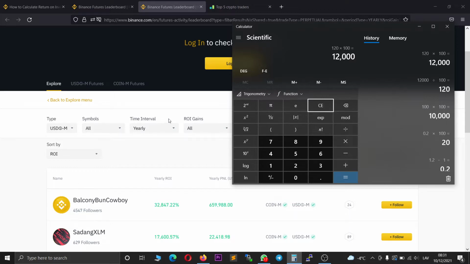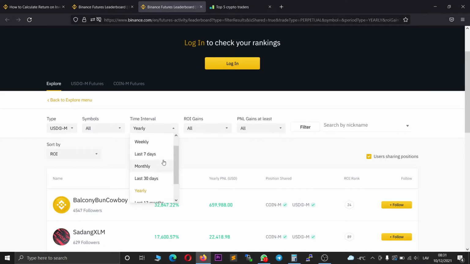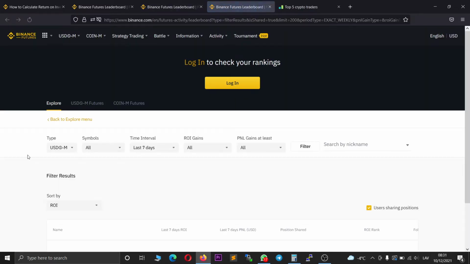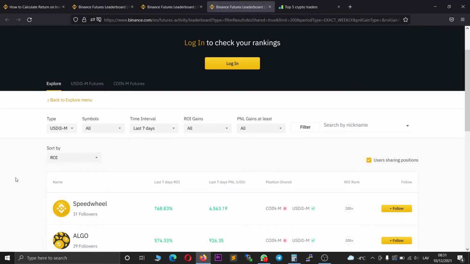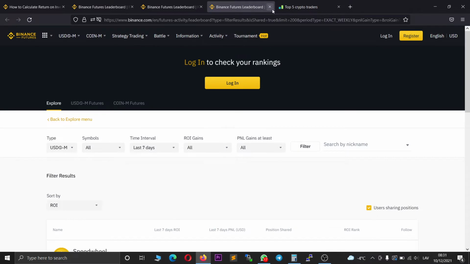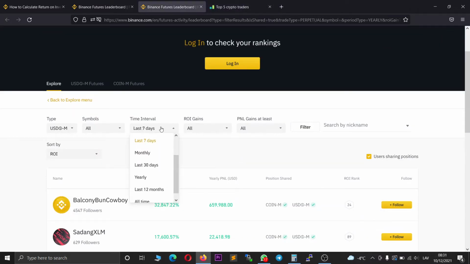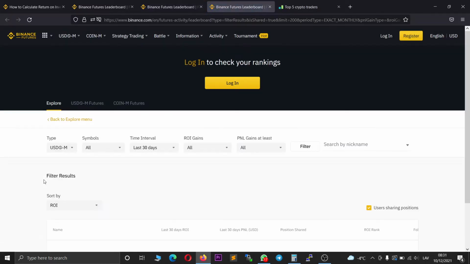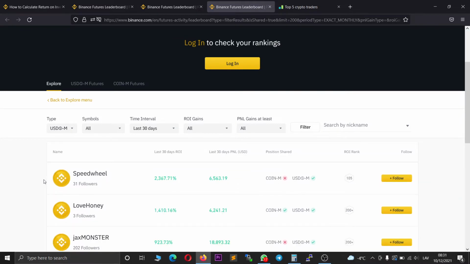So if you look, for example, at an interval of, let's say, 7 days, you cannot tell anything about a trader from his 7-day trade period. But let's just have a look. I bet there is even more percentage. Okay, not that much. I think I looked at maybe months, the last 30 days. Let's have a look at that one. Sorry, I'm next to servers, so it could be a little bit loud. So as you can see, these ratios here.